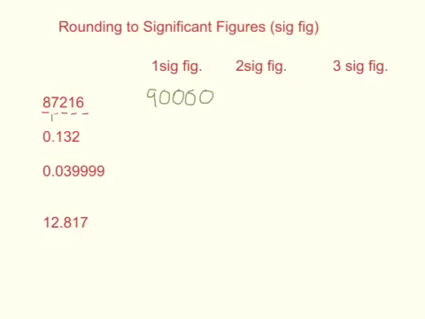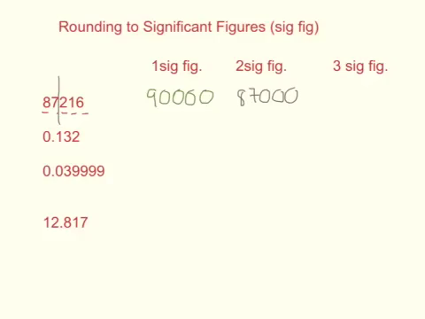However, if we then decide that we want to do 2 significant figures, that's going to mean we need to cut it off after the 7. So after the 7, the next number's a 2, so that's just going to stay the same. So it's going to be 8, 7, and then the other numbers, the 2, 1 and 6, we have to just change to zeros. If we don't change those to zeros, then our number changes to 87, and we don't want that. We want the 8 to still be where it is, and the 7 to still be in the thousands column